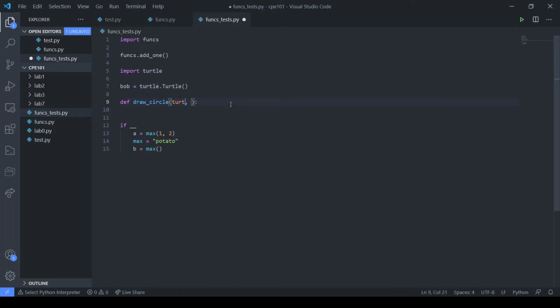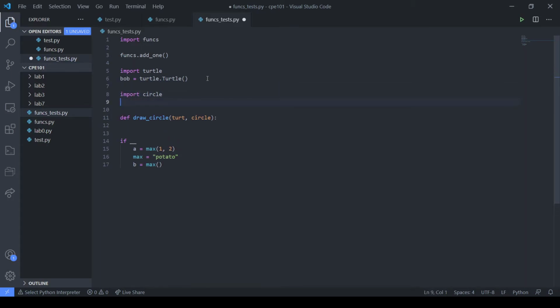You should use something else, like TTLE or something like that. Even just turt is good. That's general enough, but doesn't override this turtle module. And then for your circle, you shouldn't name it circle also, because when you did import circle,